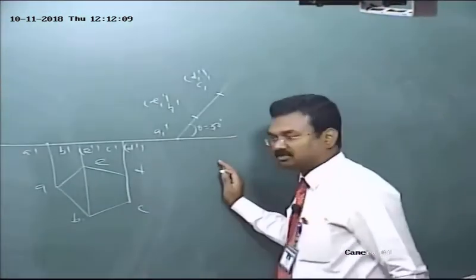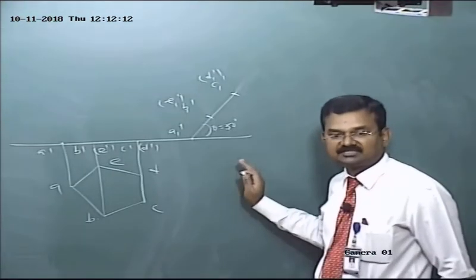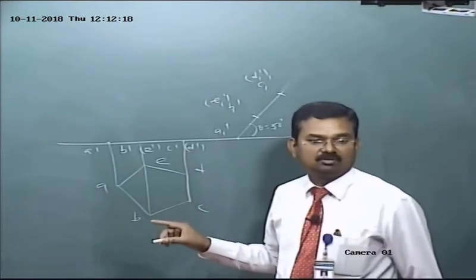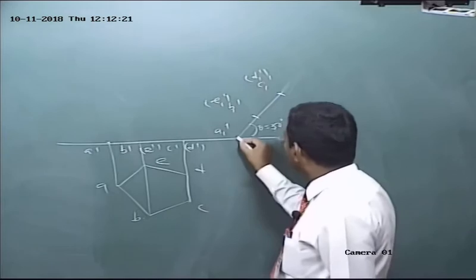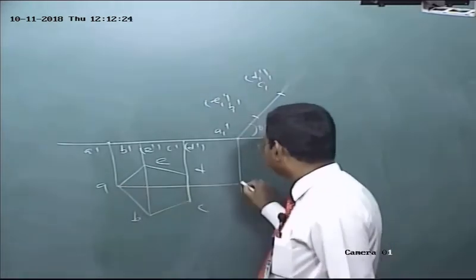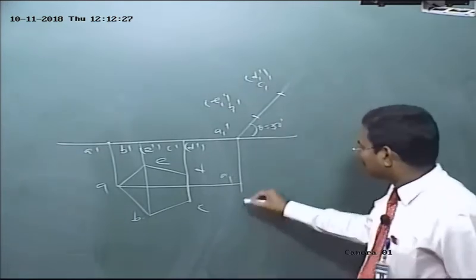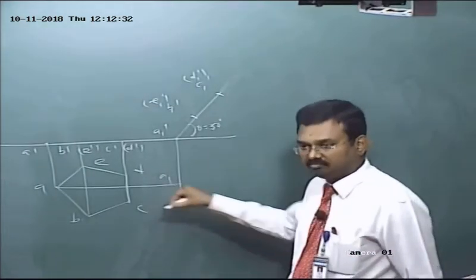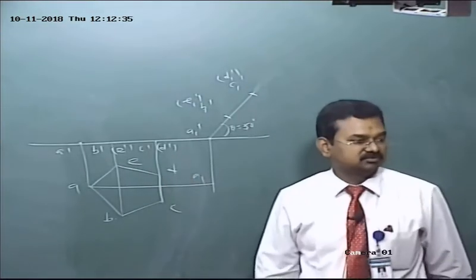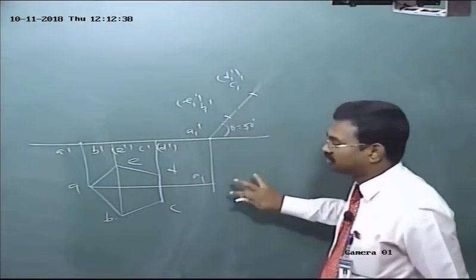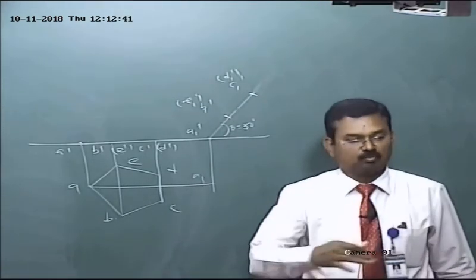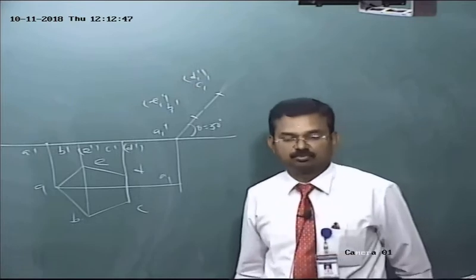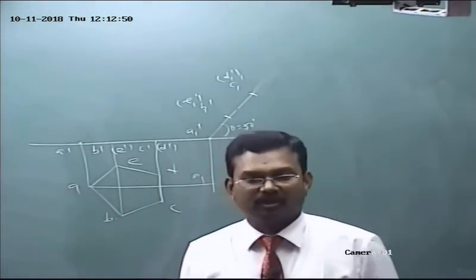Okay. What about the next step, the third step? How to get the second step top view? It is similar to the previous problem. At first we have to obtain A1. To get the second step top view A1, from A1 dash draw a vertical projector, from A draw a horizontal projector; these two intersect at A1. Similarly, you have to obtain B1, C1, D1, E1. Then join all the points in sequence: AB, BC, CD, DE, EA. So you have to darken the second step front view and top view. Did you understand? Leave one page for solving this problem. Then note the next position, position number 5. Do you have any doubt? Ask me.